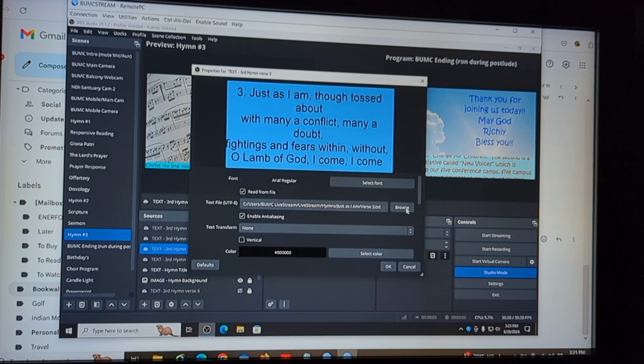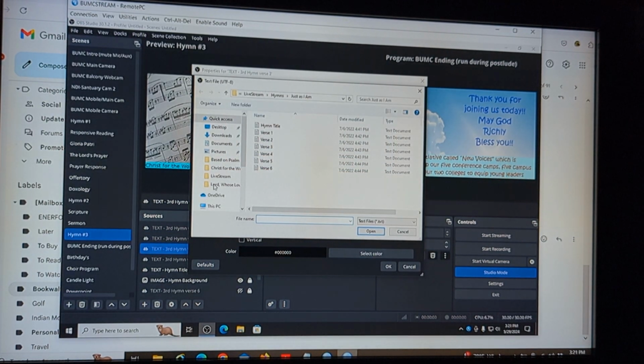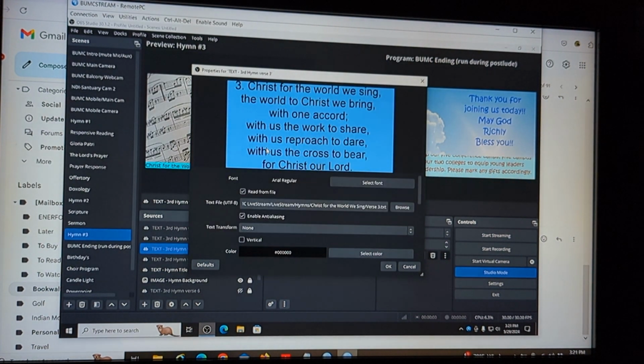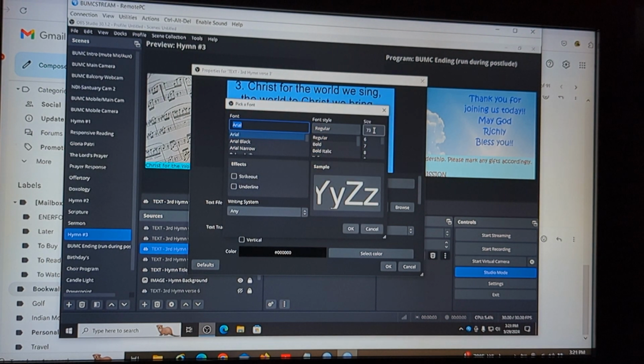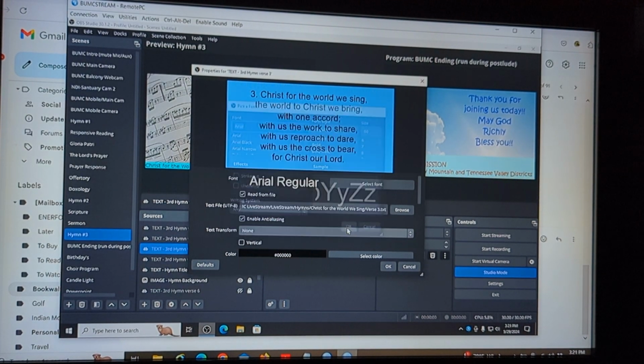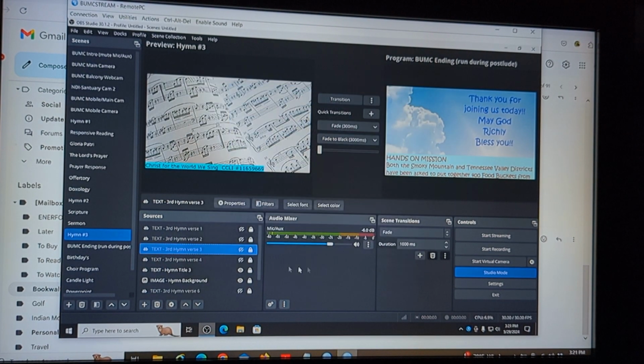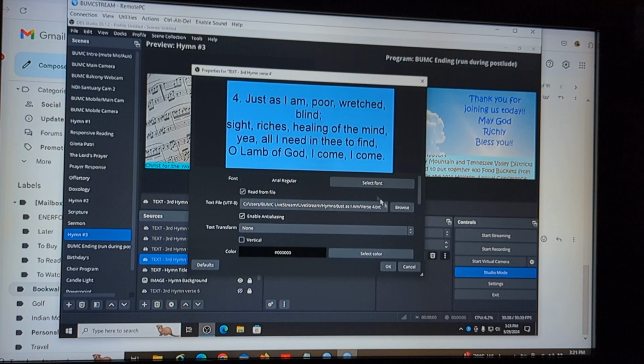Verse 3, browse, finally popped up over here. So verse 3 is way too big. Take the font down to 60. Looks good. Verse 4, double click, browse,